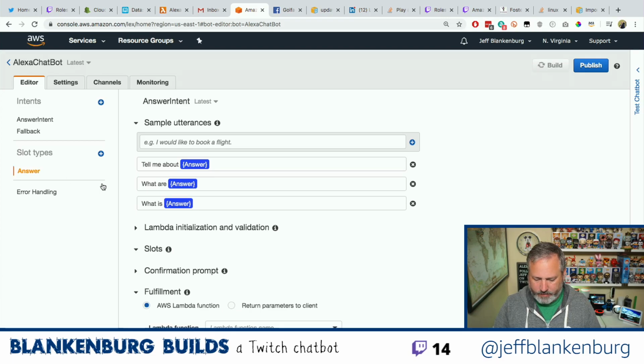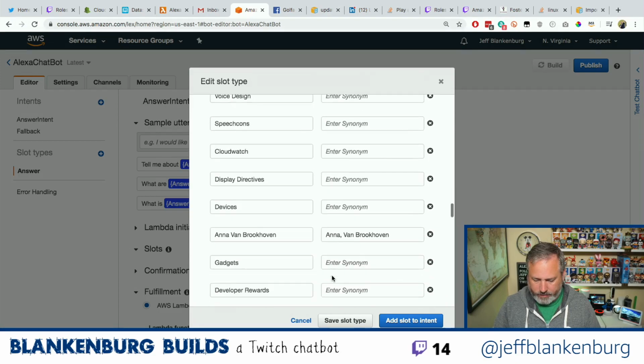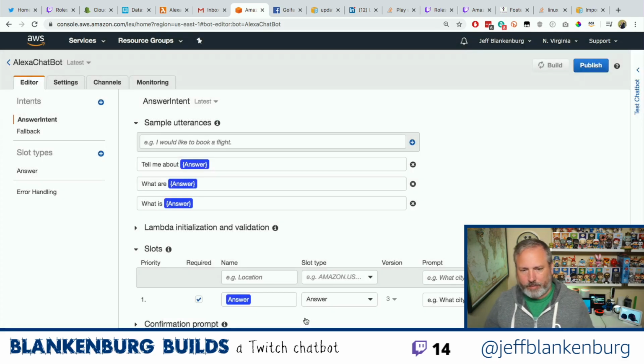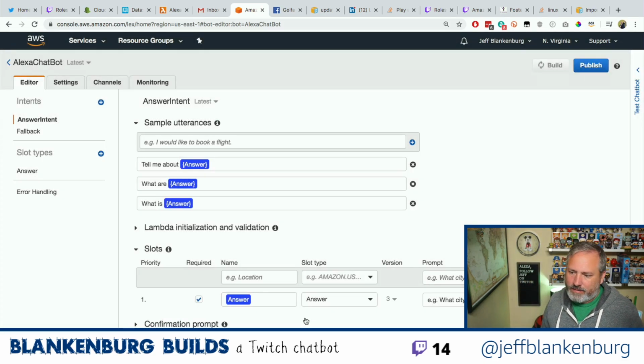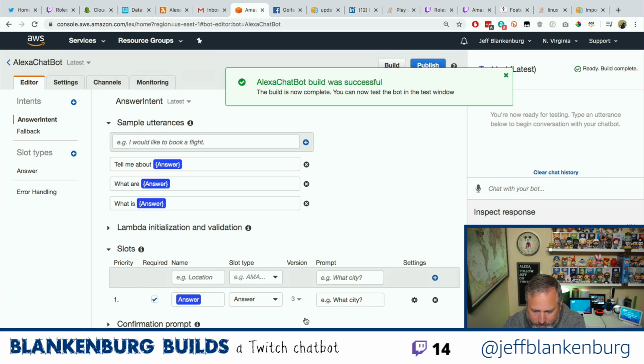Now if I look at my answer slot type, I have all the values. But I need to know that I can upload this. Like, I'm not done. Who sits down and builds something the first time and they're done? I want to get this up and working and make sure that the 10 values that I'm testing work, and then I'll bring in the final data every week or something like that.